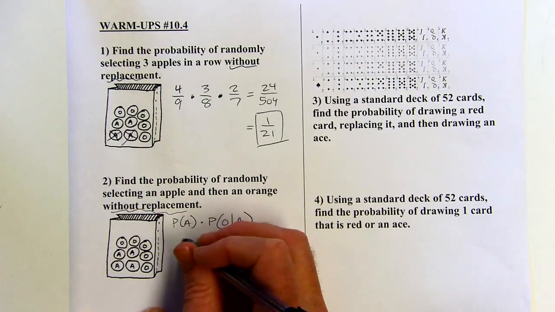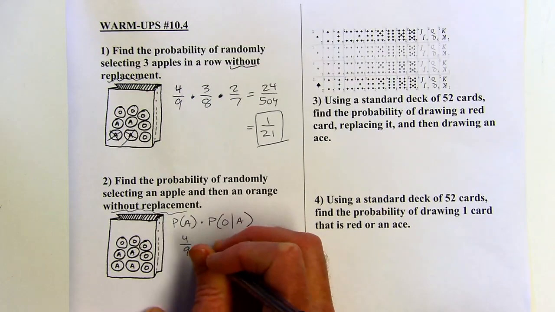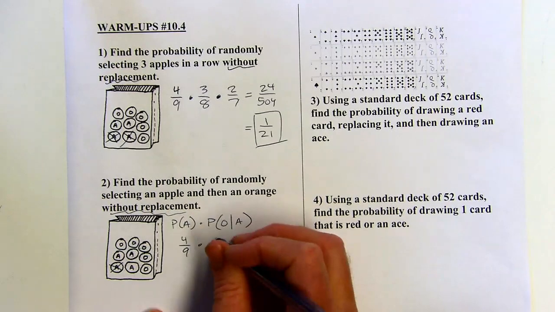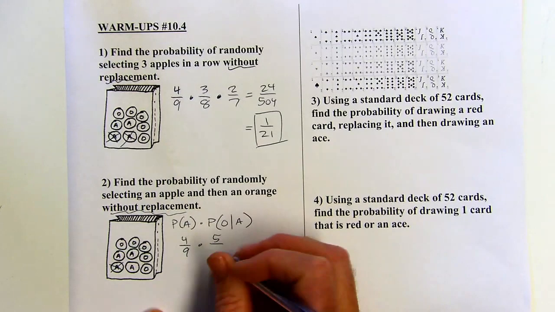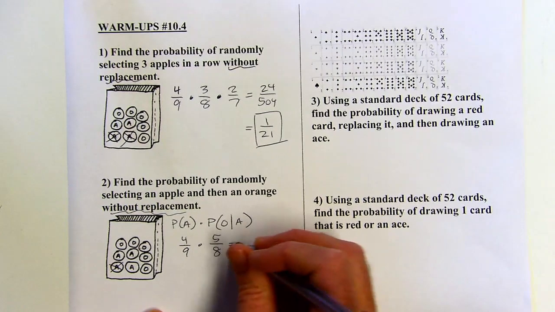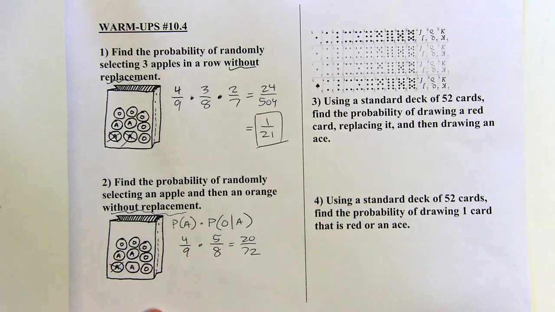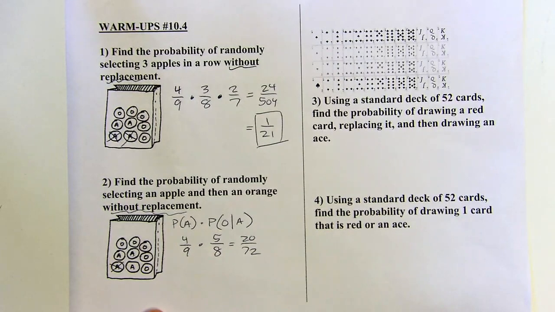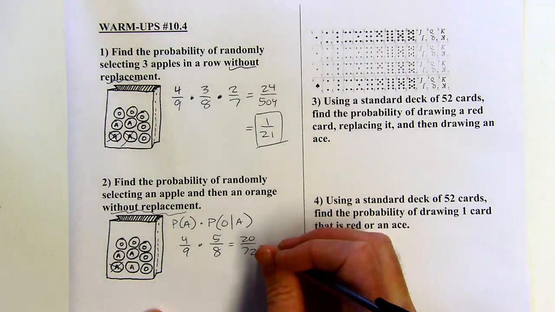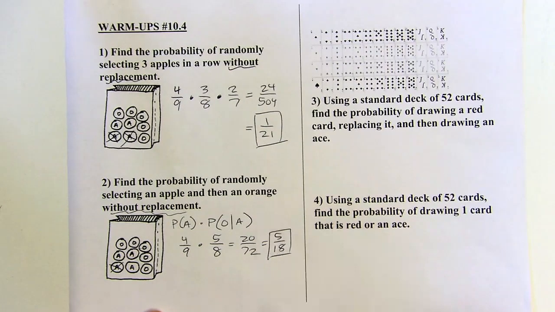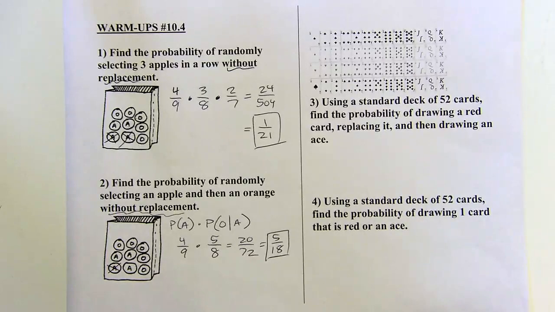So the apples, there's 4 out of the 9 again. Okay, and one of those apples is gone, and now there's 5 oranges and only 8 pieces of fruit though. And so we've got 20 over 72. Okay, and that is going to reduce to 5/18. All right. Okay, next up,